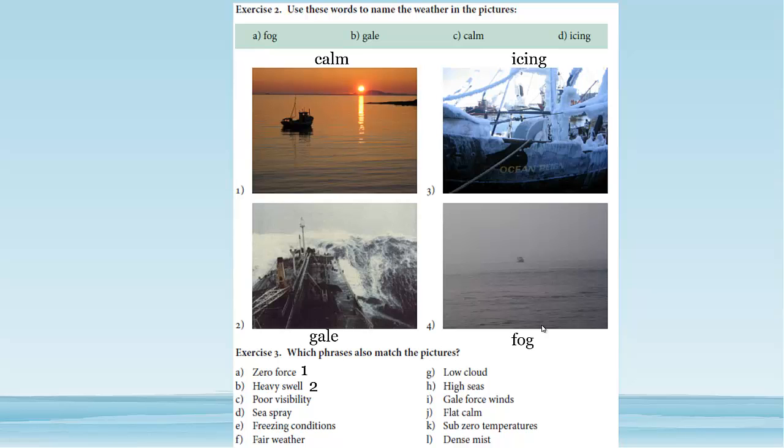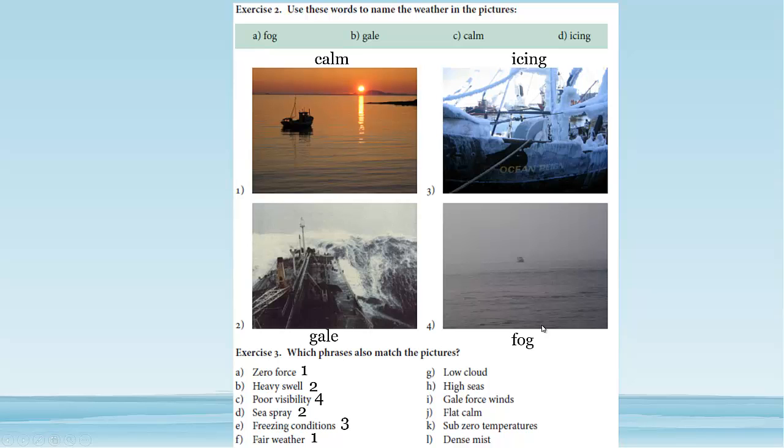So poor visibility, that would refer to either 4 with fog, but in high waves you could also have a lot of sea spray. So 2 with a gale, but sea spray can also reduce your visibility as well. So that C could have been 2 as well. Freezing conditions, yeah, definitely 3, icing. Fair weather,